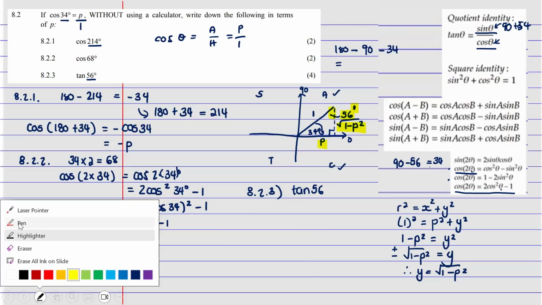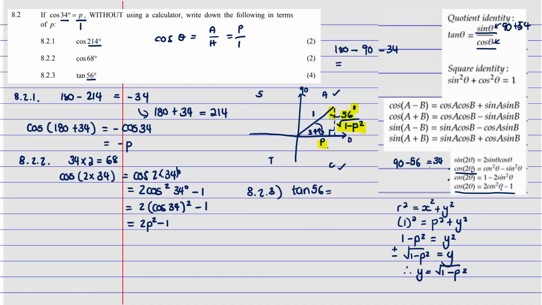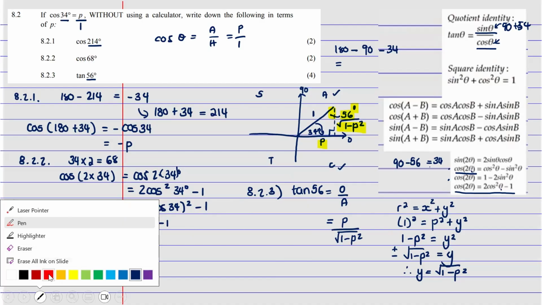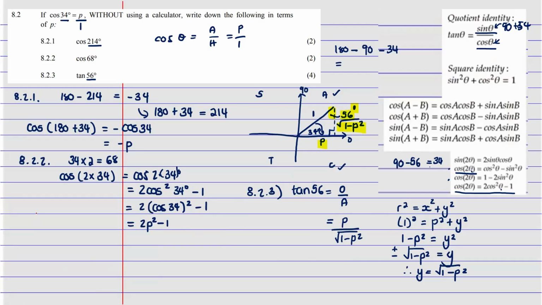Yes, ma'am. So with that, we know that tan 56 is going to be equal to opposite over adjacent. What is opposite here from the yellow one? It's going to be P. Then adjacent is going to be the square root of 1 minus P squared. That's fine. Now, using the second case, and I'm just going to do it in this portion here in red so you can see it, we know the fact that